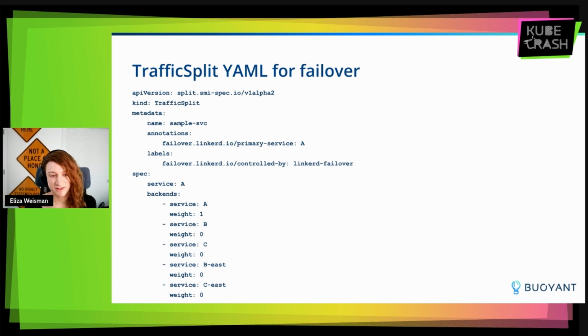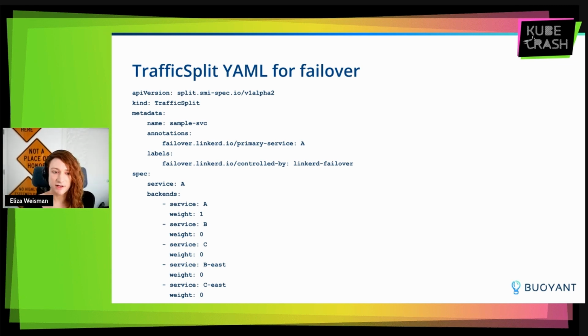And what that means is, we're not going to send any traffic to any of the secondary services by default. By default, we're talking to only this primary service. And then when the failover controller detects that the primary service has gone down and has no endpoints in it, then this traffic split will be updated